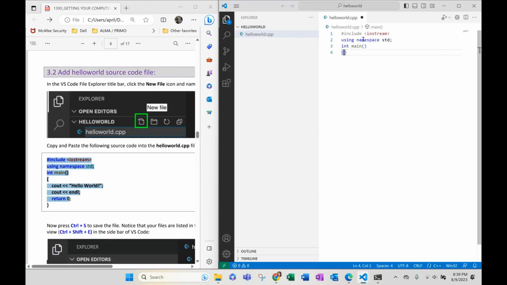Beginning curly brace, and it automatically created an ending curly brace. That's okay. I'm just going to hit enter to make it go down. And it automatically indented my cursor, which is good. That's what I want. And then I'm going to type these 3 lines inside the curly braces, which is